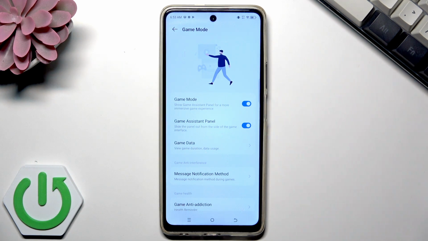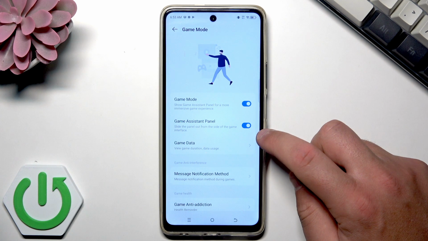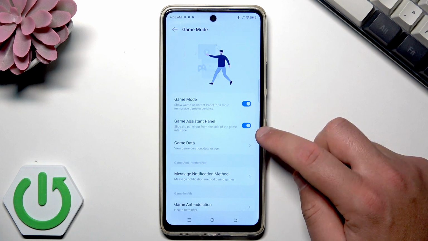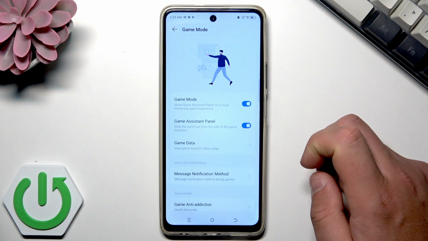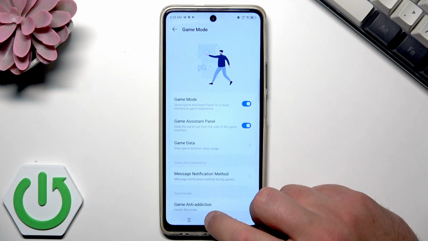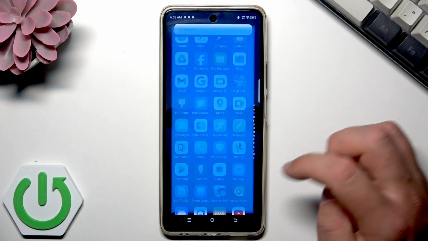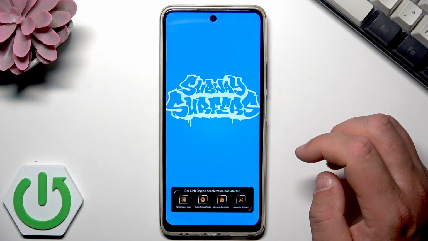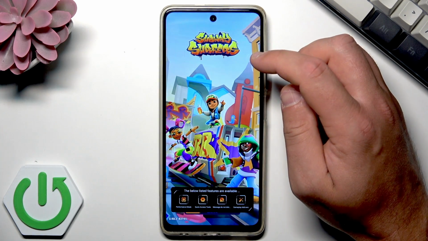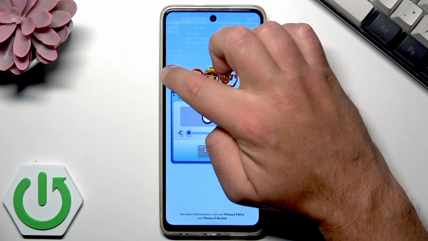And now you can show the game assistant panel for a more immersive game experience. So that's what we want. Let's also keep activated the game assistant panel right here, and let me show you how this panel works. So let's open some game. For example, it could be Subway Surf in my case, and let's see that here